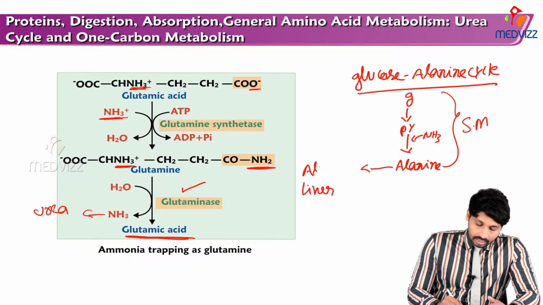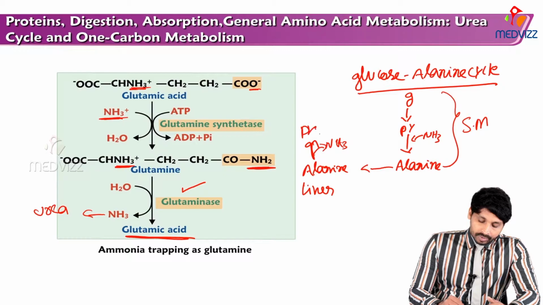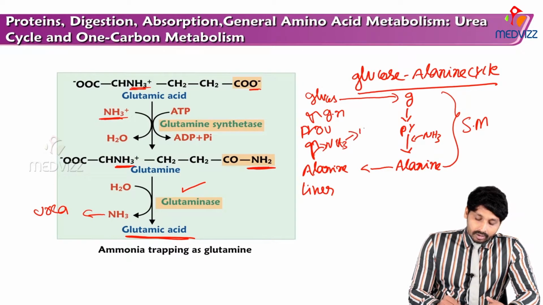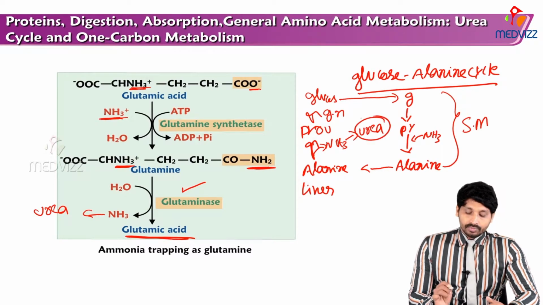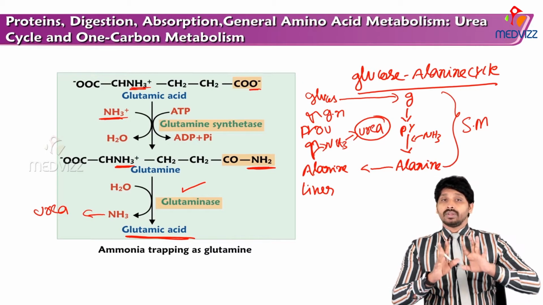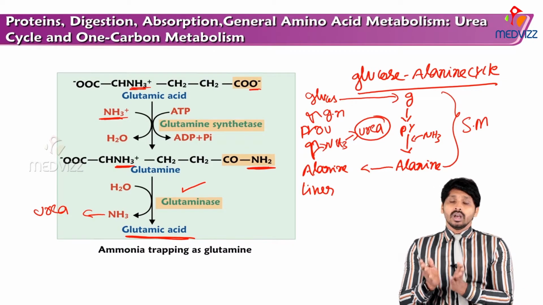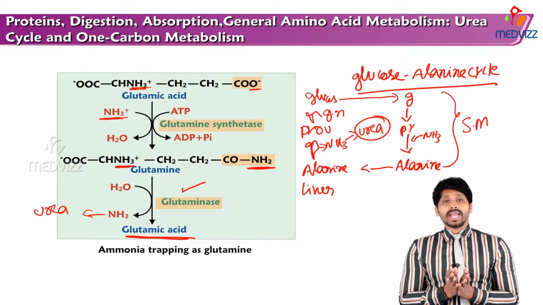In the liver, this alanine, by deamination, okay, the ammonia can be removed and converted to pyruvate, and this pyruvate enters into gluconeogenesis and is converted to glucose, and this glucose is again supplied to skeletal muscles, and the removed ammonia will be channeled into production of urea. So there are two mechanisms for peripheral tissues: the glucose alanine cycle, especially from skeletal muscles, is how ammonia is transported. From the brain, it is